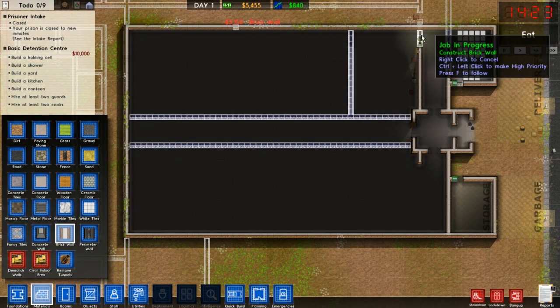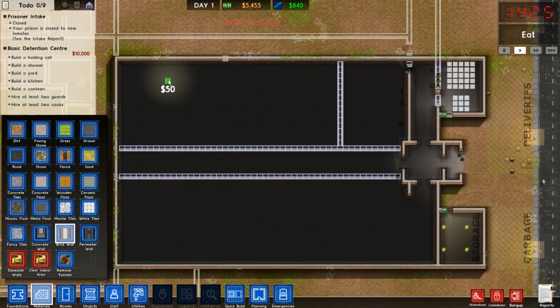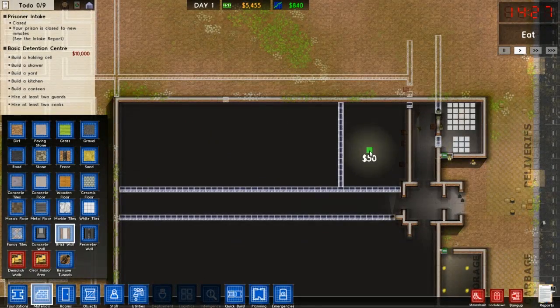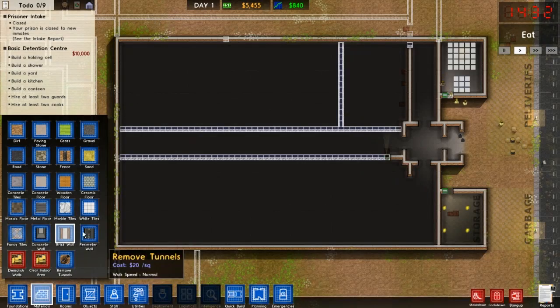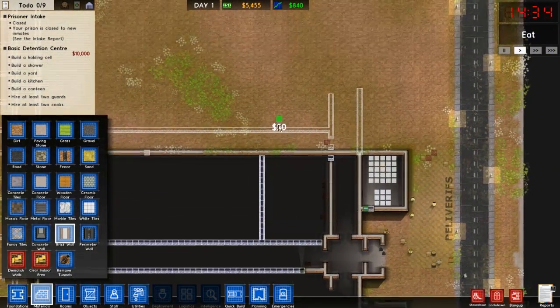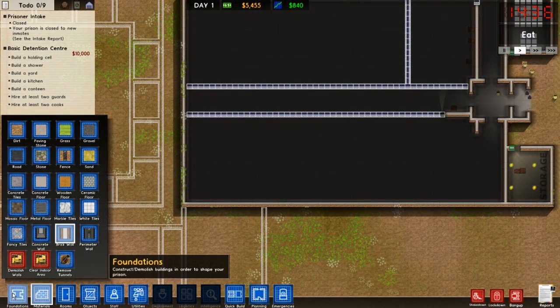So this is now my kitchen. Yeah, this is the kitchen. This is the canteen. It'll last me for a very, very long time. This is visitation and all sorts of stuff that'll come into play later, not now, that I haven't unlocked. Up here will be admin. I'll build that in a second. And down here,